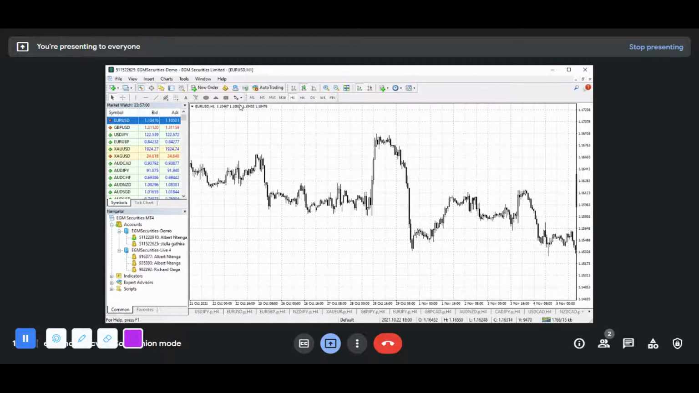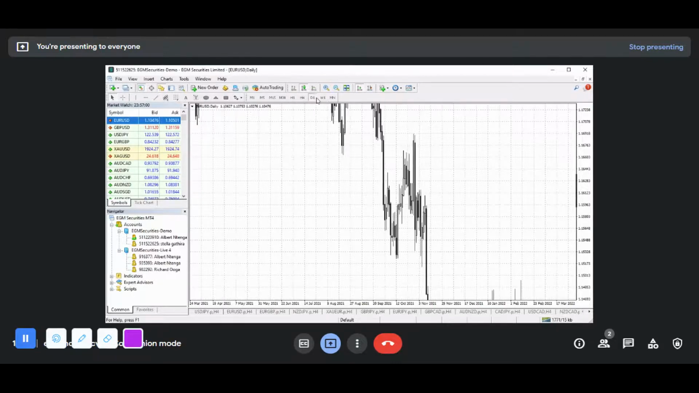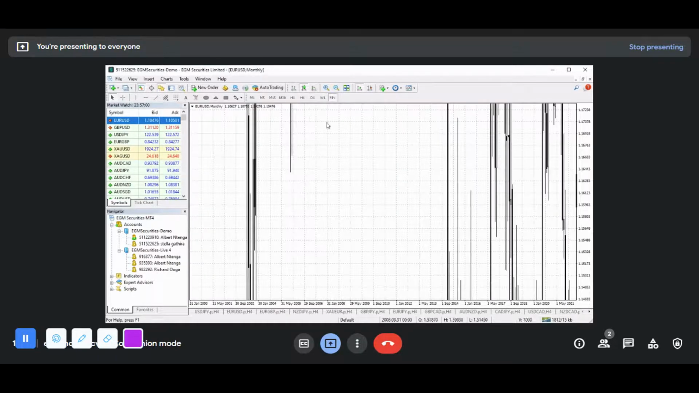Time frame ziko hapa juu, ukiona from M1 to MN. M1 is just 1 minute, 5 minutes, 15, 30, 1 hour, 4 hours, 1 day, 1 week, 1 month. So each time you select a time frame, the candlesticks will adjust automatically. So utapata zikiwa short, zikiwa long, depending na time frame you choose. So let's start from that. You are working with 1 hour,